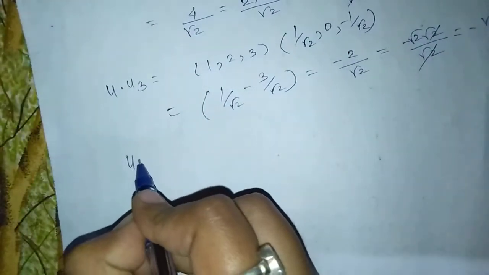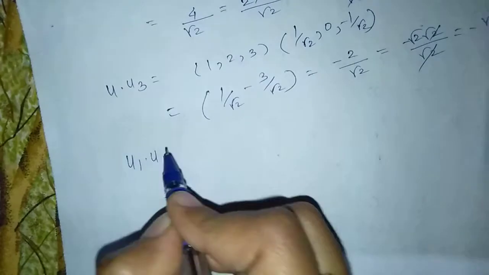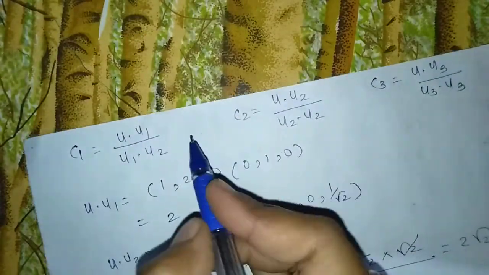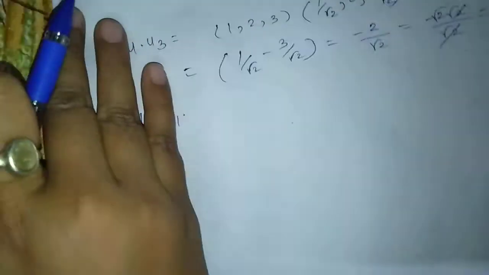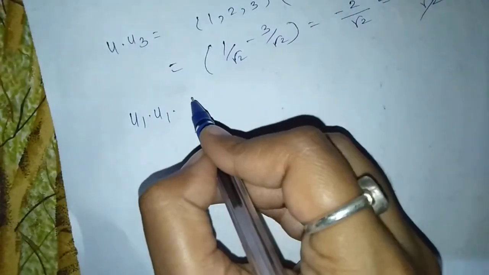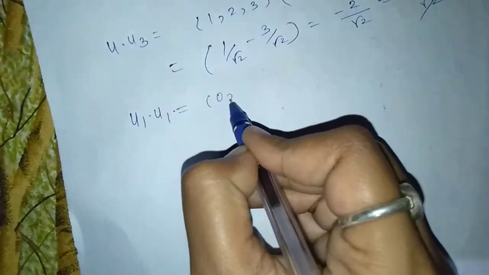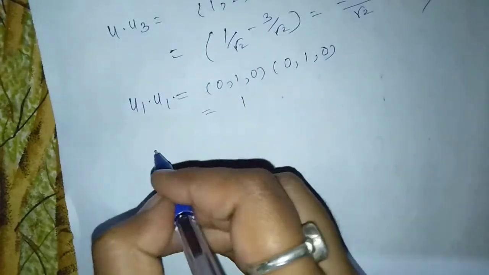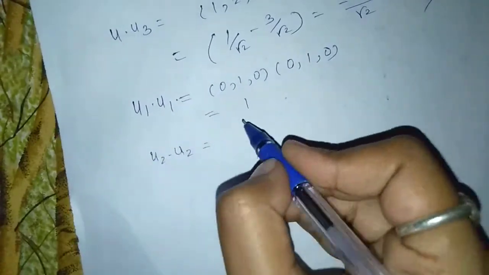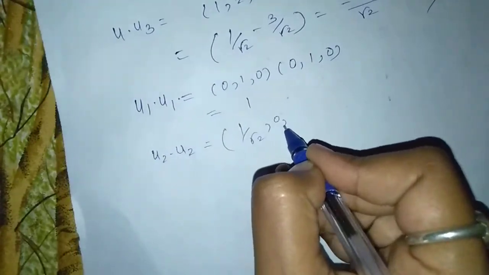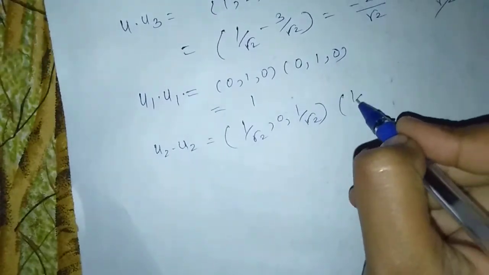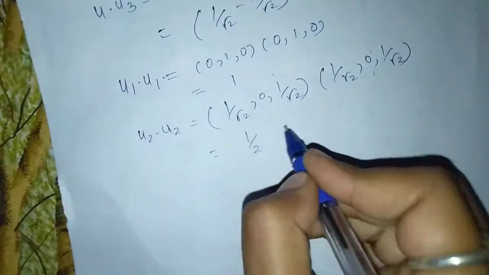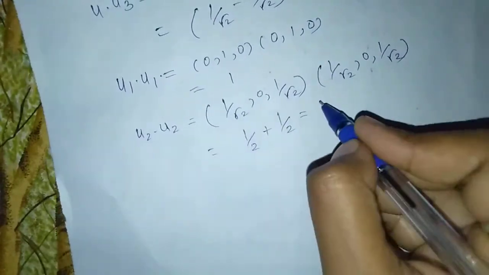Next, u1 dot u1. Here, C1 is equal to u dot u1 upon u1 dot u1. u1 dot u1 is equal to (0, 1, 0)·(0, 1, 0), which is equal to 1. u2 dot u2 is equal to (1/√2, 0, 1/√2)·(1/√2, 0, 1/√2), which is equal to 1/2 plus 1/2, which is equal to 2/2